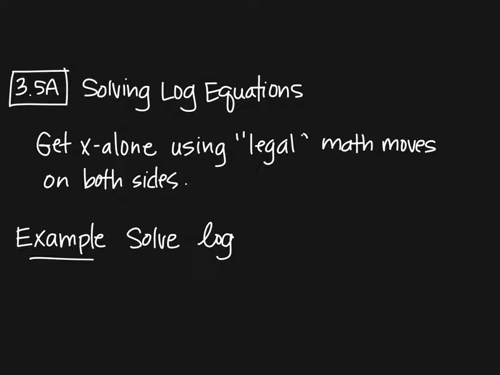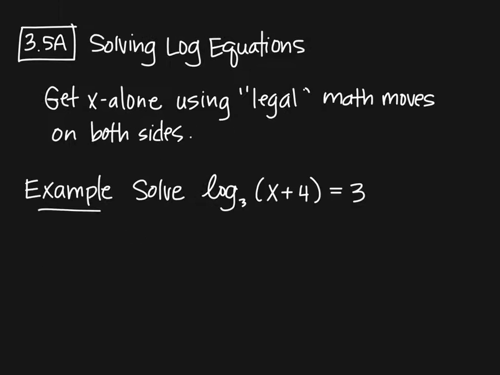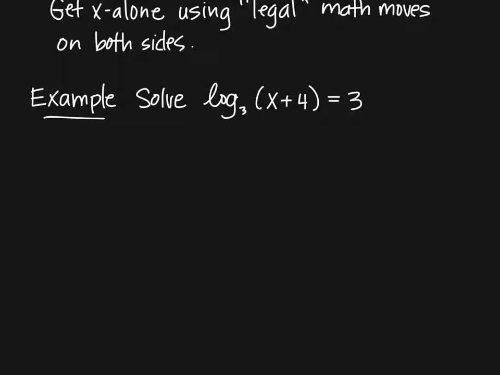It's fairly benign. Log base 3 of x plus 4 equals 3. Our job is to solve for x, so get rid of things so that we can have x by itself. The first thing we want to get rid of is the log. We just have to think of the legal way to get rid of a log. You can't subtract a log. You can't divide a log. You've got to have some way of getting that log